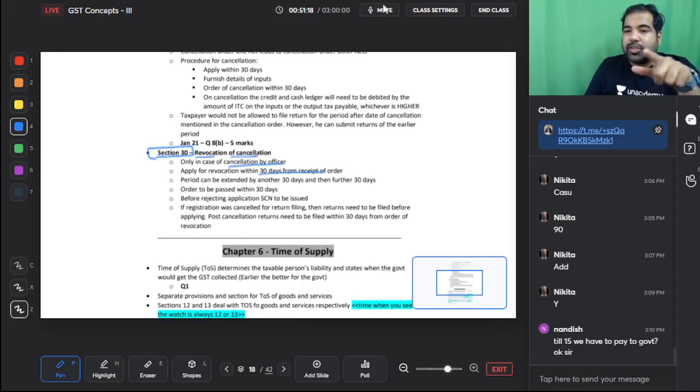But guys, something has changed in this. Earlier, you could apply in 30 days. But if you forget or you miss out this due date, they could extend it by 30 days and by another 30 days. This was earlier. Now, as per a recent notification which applies to your